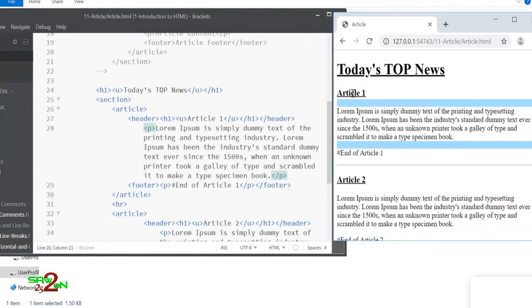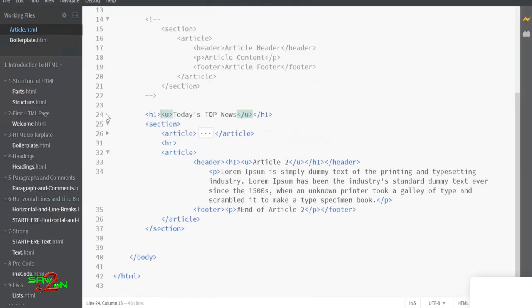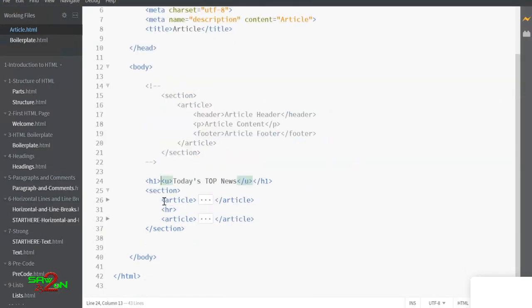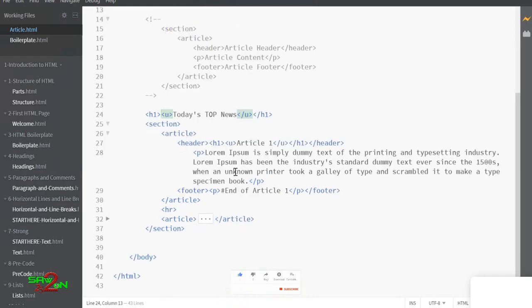If you look at the articles here, right, this is basically your heading, and this is your paragraph, and this is your footer. So if you look at the markings here, if I'm clicking it here, this is a footer, this is a header, and this is your paragraph, and this is your h1 tag. Okay, so now if you just look at your HTML, it's easy to read, right, because you can say section has two articles. Okay, and for the first article, this is my header and the footer. Okay, it's very simple to understand HTML when you write like this.